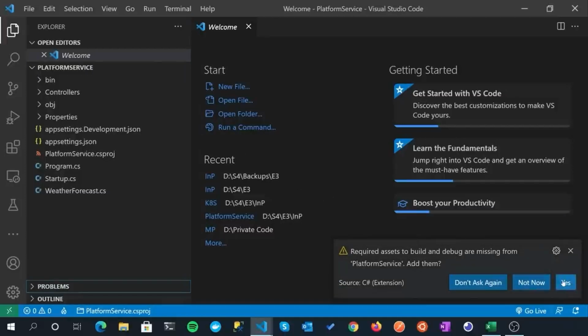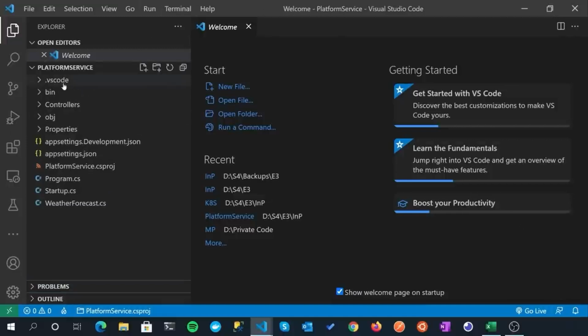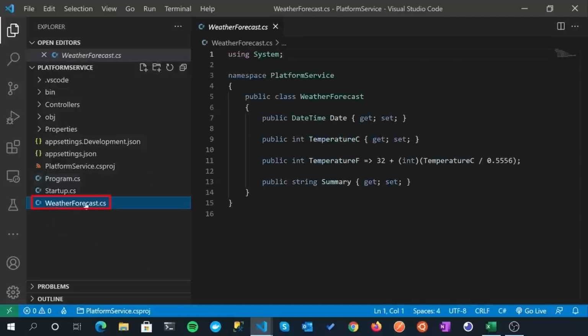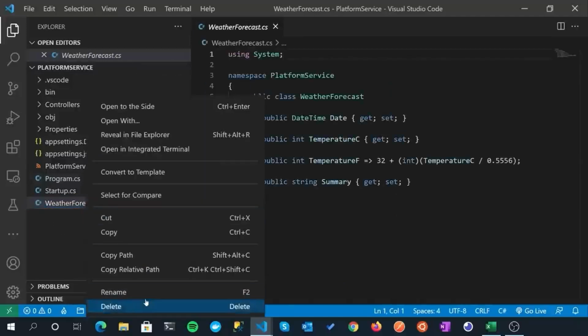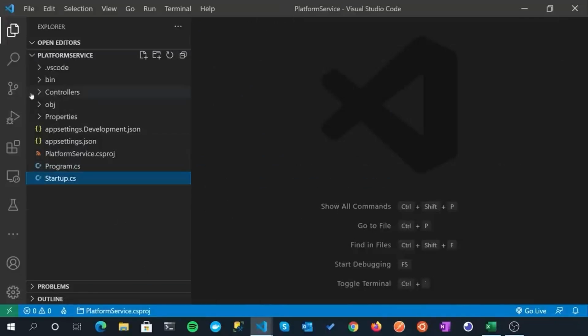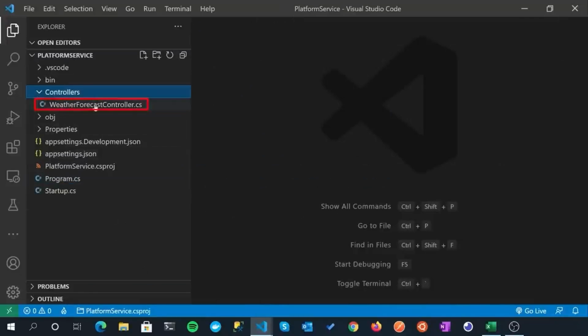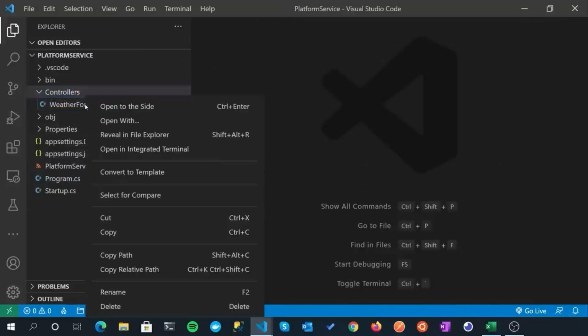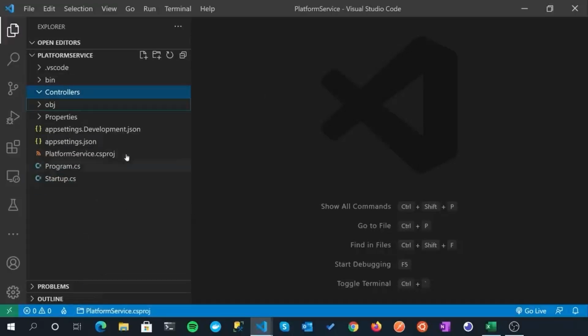We'll just click yes to this, and this will just create a .vscode folder, just so it remembers our settings and so on and so forth. So I'm going to delete the weather forecast class. It's just a class that's used by the templated project. And I'm also going to come into controllers, and I'm just going to delete the weather forecast controller. Fantastic. And then you should be familiar with the regular anatomy of a Web API project. And we've really only got a controllers folder now, empty, but don't worry, we will be populating that relatively soon.